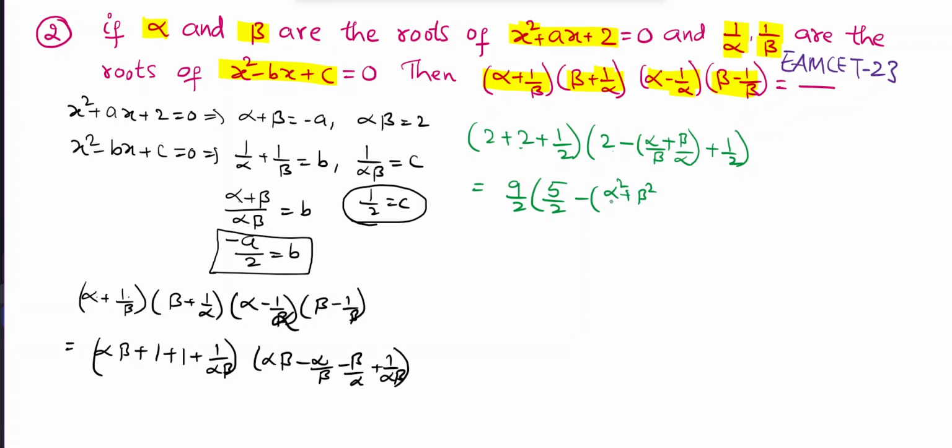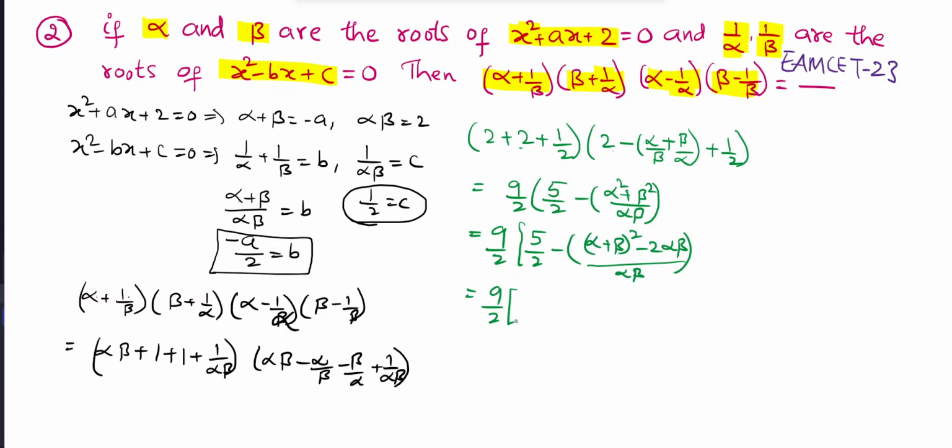square plus beta square by alpha beta. That is equal to 9 by 2 into 5 by 2, minus alpha square plus beta square, this is alpha plus beta whole square minus 2 alpha beta by alpha beta. So that is equal to 9 by 2 into 5 by 2, minus alpha plus beta whole square, this is a square, minus 2 alpha beta, that is 2 into alpha beta value is 2, 2 into 2